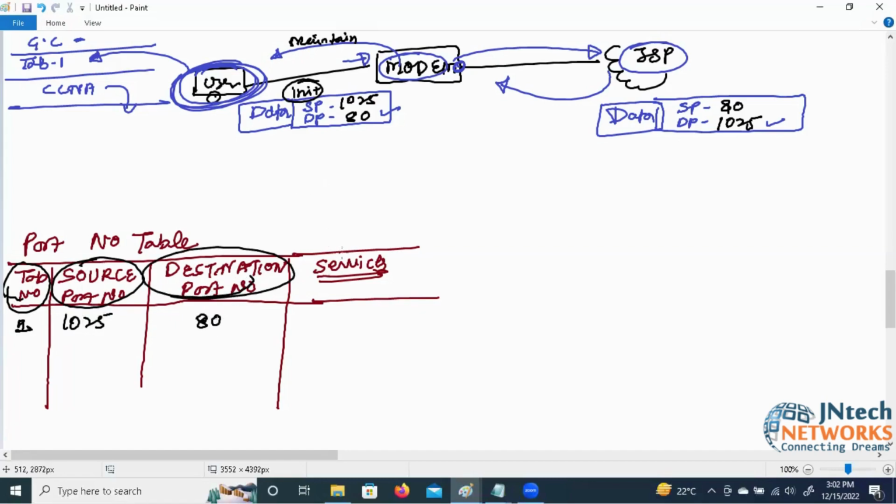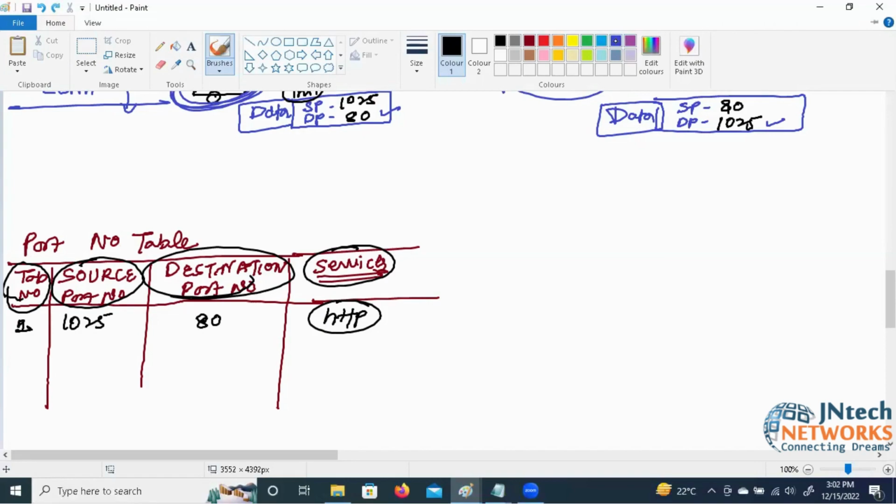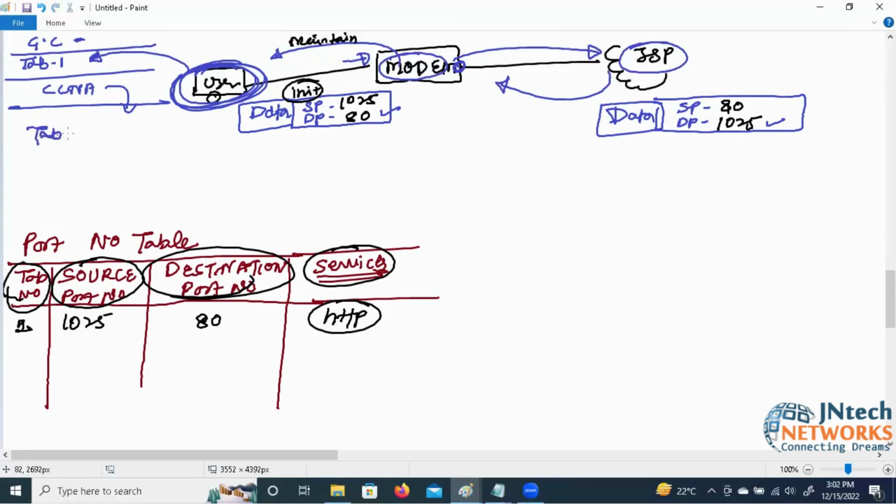And which service are we using here? 80 means HTTP. So this user easily maintains the session after initiating. And now, if this user opens the next tab, for example, says I just need one more tab, tab number 2, and writes down CCNP and then enters. Then after enter, this user will say, okay,